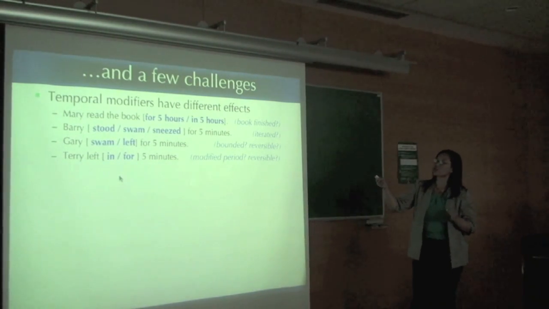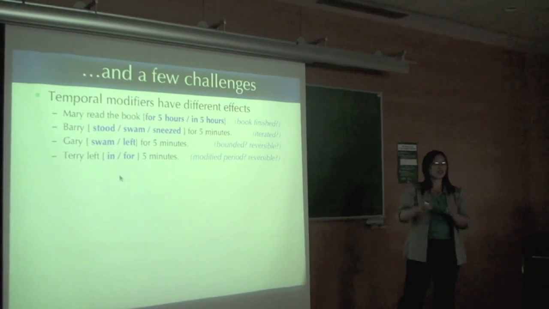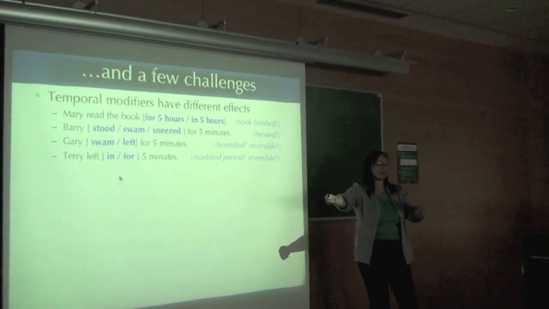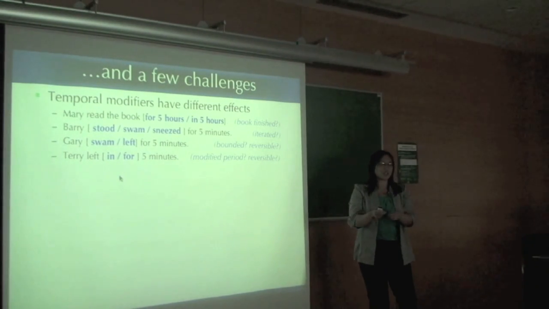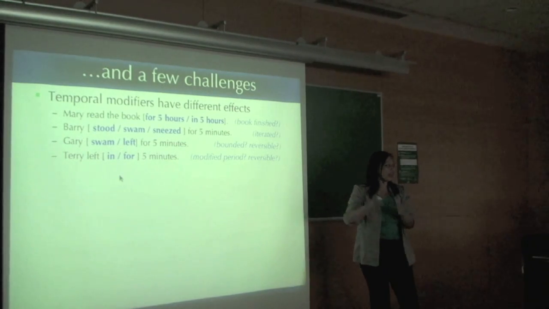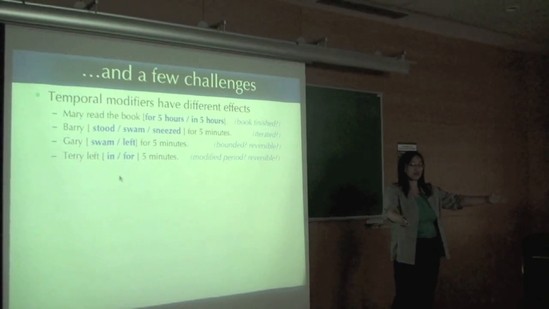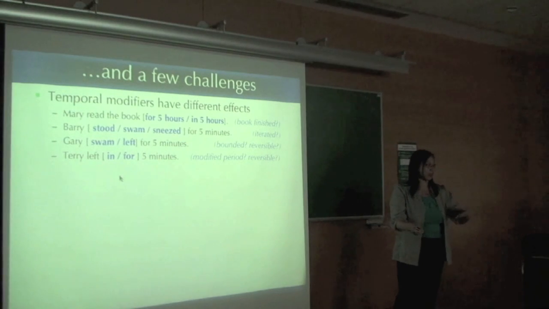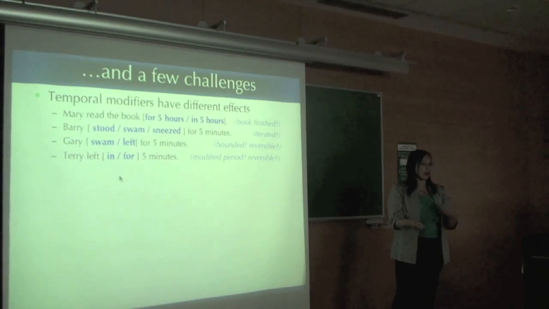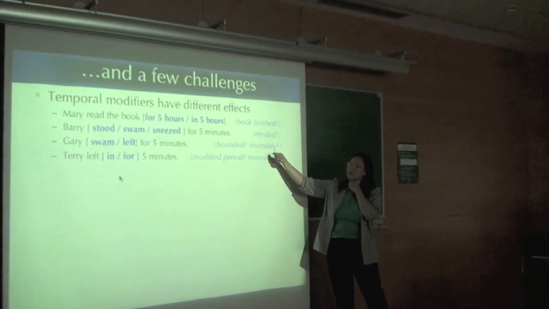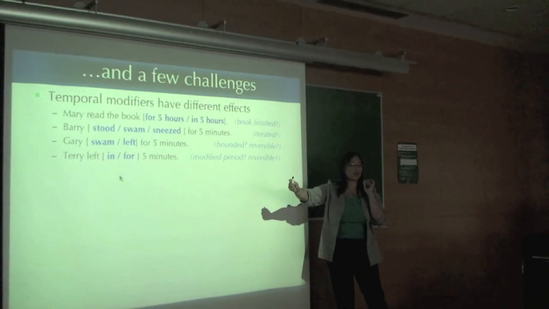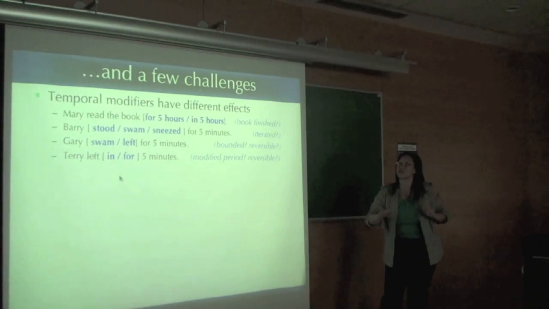And so Gary left for 5 minutes. It's interesting because, again, the swimming event takes 5 minutes in one. But the interesting thing with Gary left for 5 minutes is not that he was packing his bag and losing things and it took 5 minutes to get out the door. It's that he left and the time was 5 minutes before, most likely, he then came back. So it's right, I left for the period of 5 minutes, right? It's the time afterwards. So they have very different kinds of semantics, even though it's exactly the same syntactic construct, looks like the same construction, right?